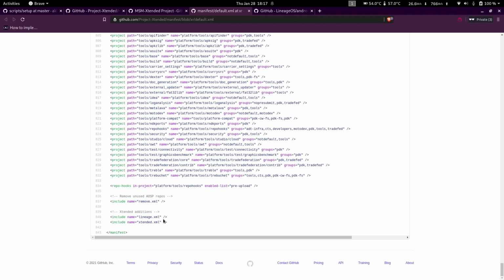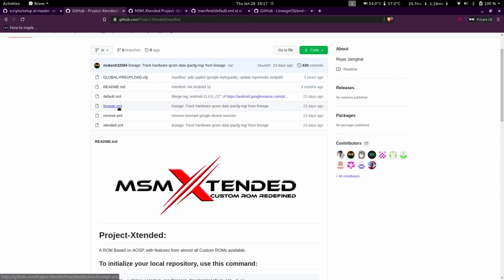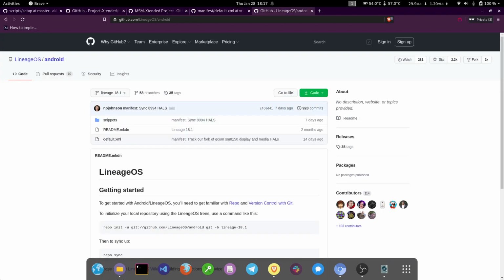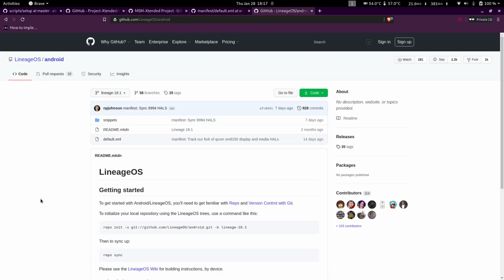In this case, it's stuff from Lineage OS and Project Extended. So again, you can look at these XML files and see what they basically sync. Like I said, in Lineage OS, the repository is called android and not manifest.